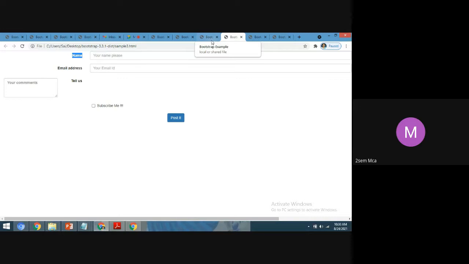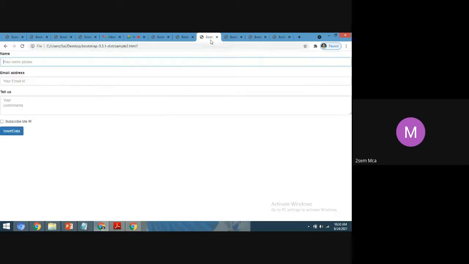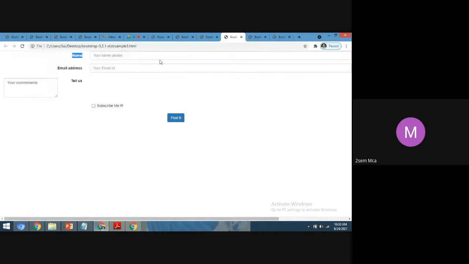Respond, no. This will be preferable. Why? Because here it is showing line by line, but here horizontally. The mobile screen will be smaller compared to the laptop or desktop. So this will be preferable.